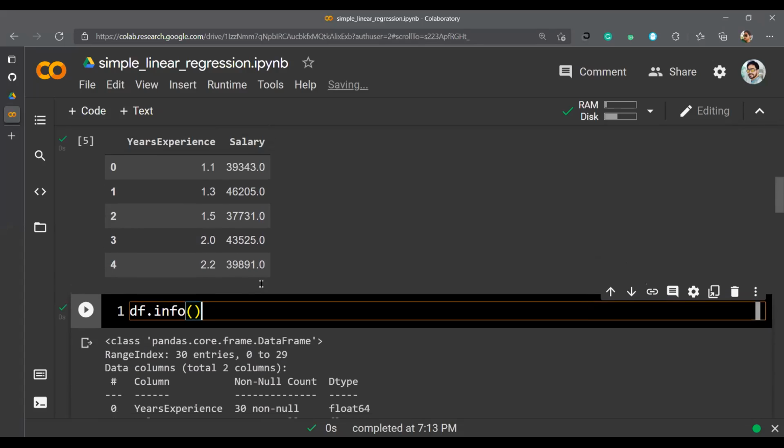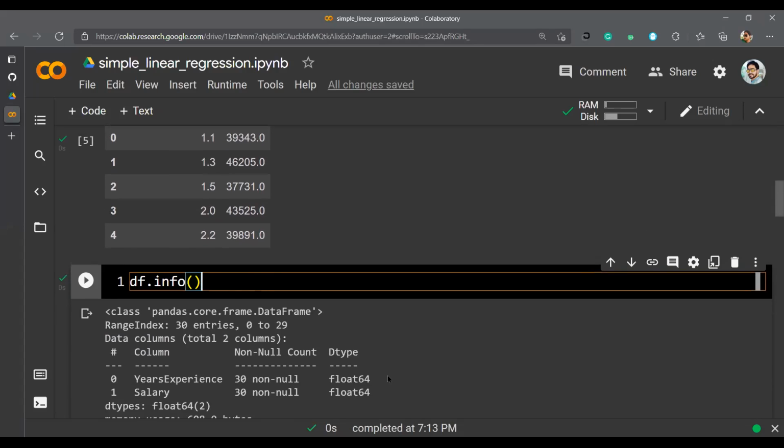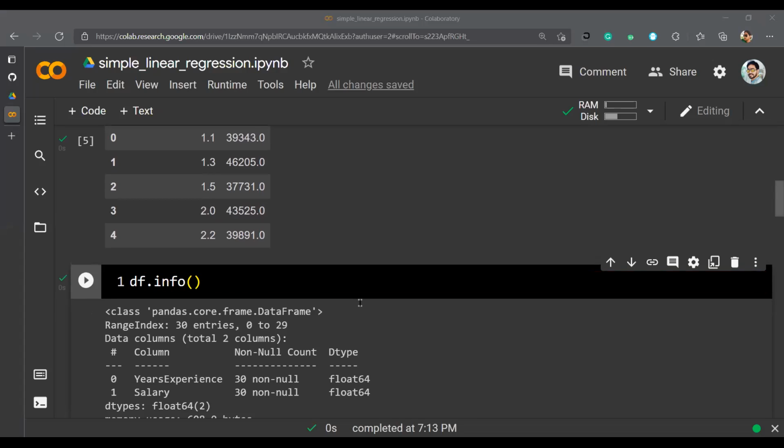Yeah. So the data set is very small. I'm sharing that data set on the chat. If you guys want to work along with us, you can definitely do that also.